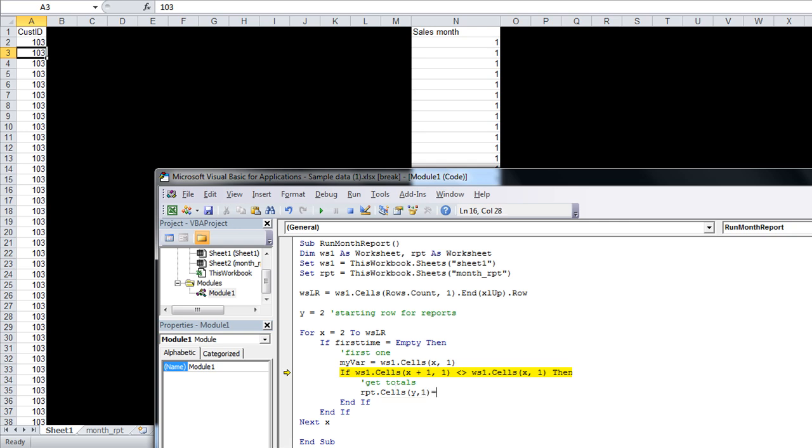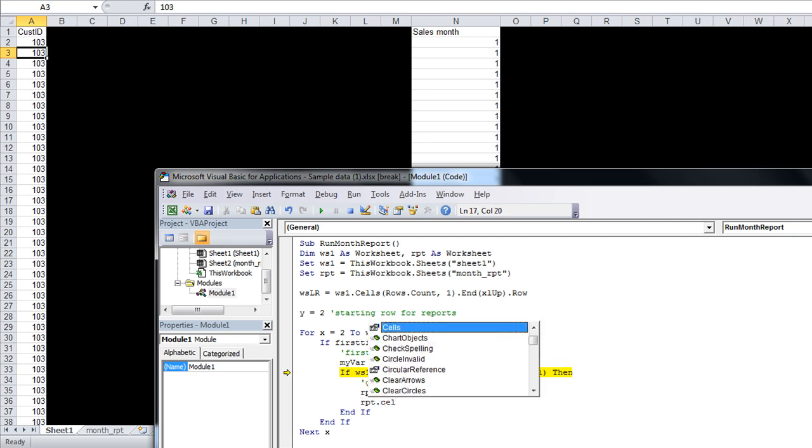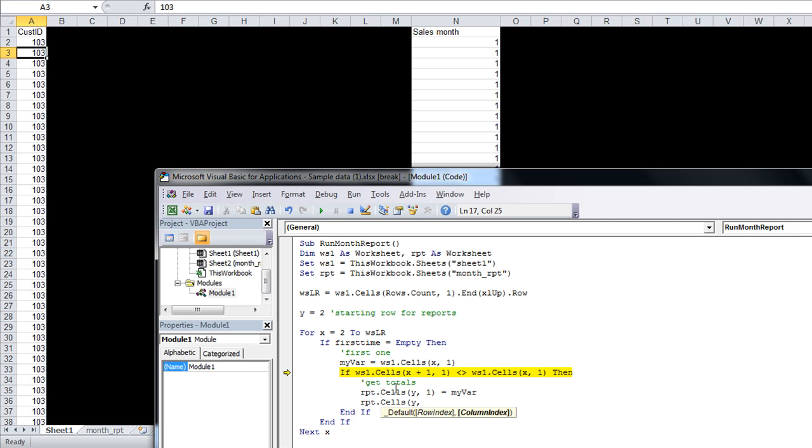The customer ID is going to be my var, and the report using same row but column 2, which is the number that we want, is immediately going to be 1. Only one record, so only 1 month of sales. So that part would be easy,